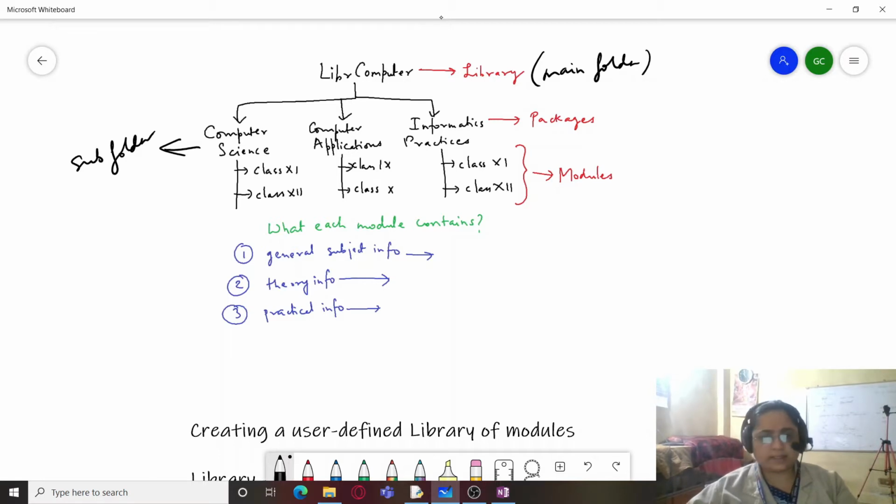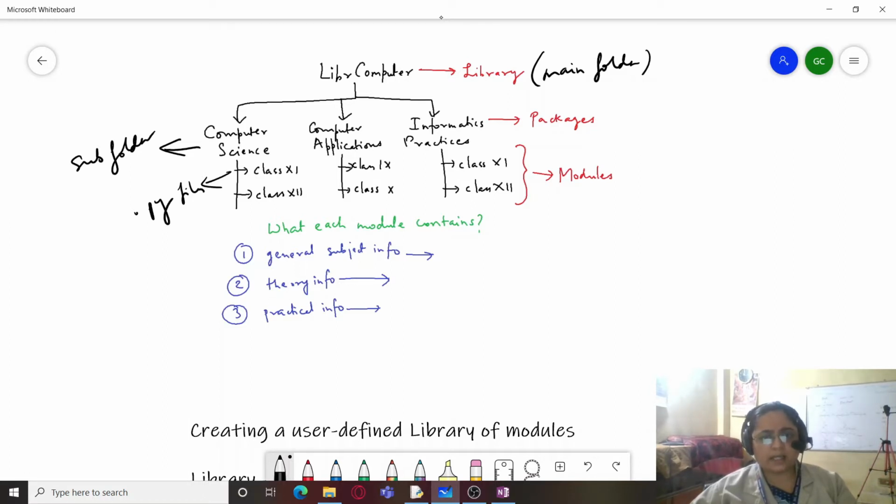So these all are the subfolders, which are packages. And each package contains individual Python files known as modules. So you can see that this is a library of computer subjects within which you have three subjects: computer science, computer applications, and informatics practices.